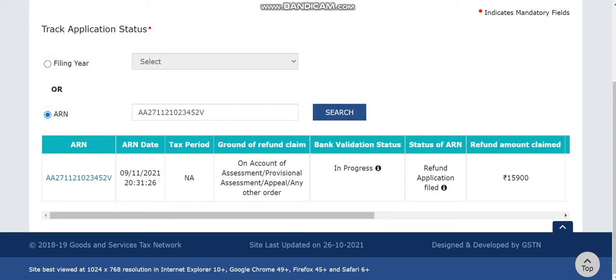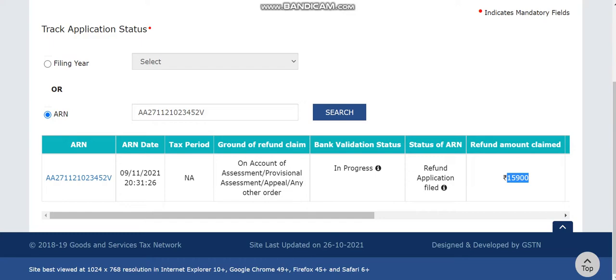Or let's say he has issued RFD 06, it can be a complete refund, a partial refund, or even a rejection of refund. So whatever he has done, the status will be shown over here. Let's say he has issued a refund, that is RFD 06, of the complete amount, that is 15,900. After submission, that amount will be credited to your bank account, and your status will be refund granted, RFD 06 issued. So this is the complete flow of filing the refund and how processing actually happens at the back end. Just a rough idea I tried to give you.